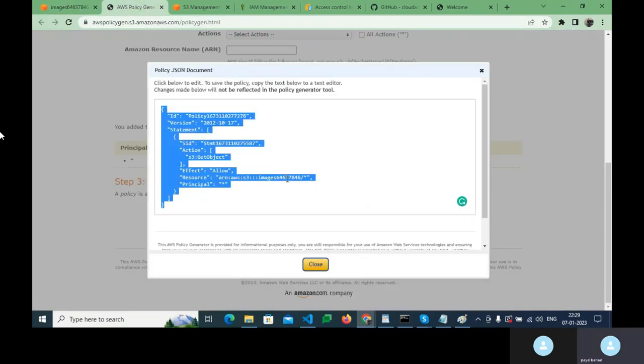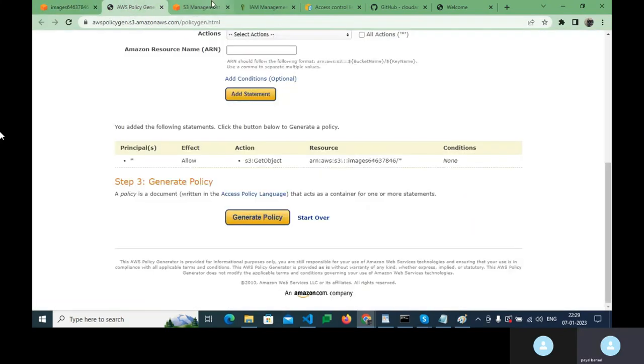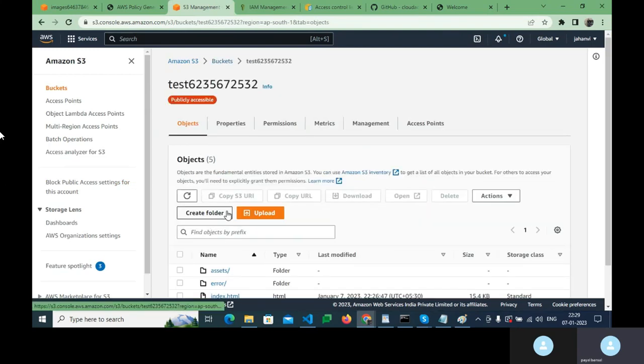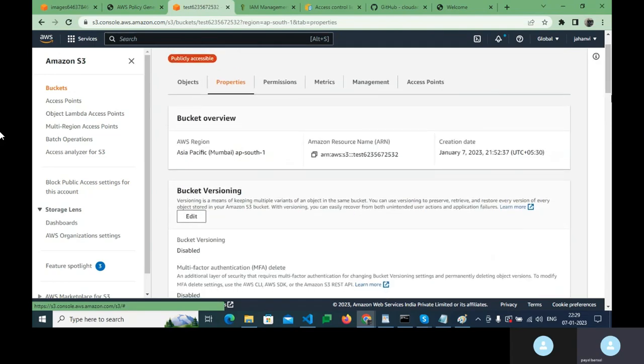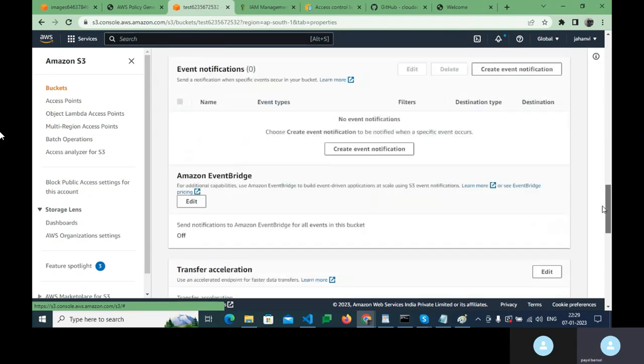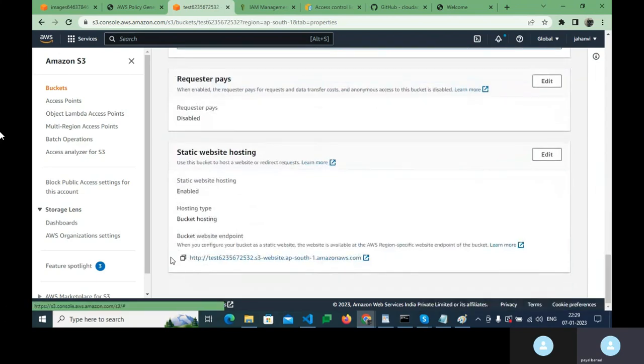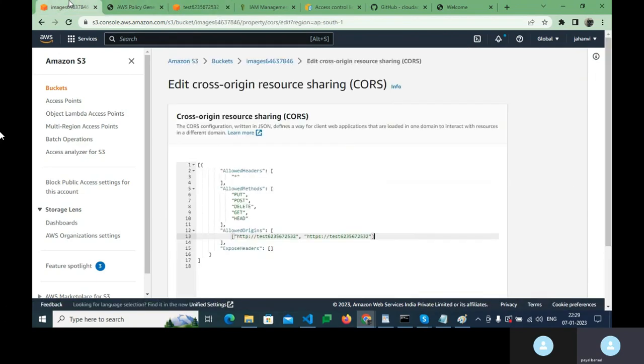I think I'm missing something. One minute. This is the bucket name, but if you look at the properties, the endpoint, this is your origin, right? So I'll copy the complete origin. Either this or even if it is your HTTPS,